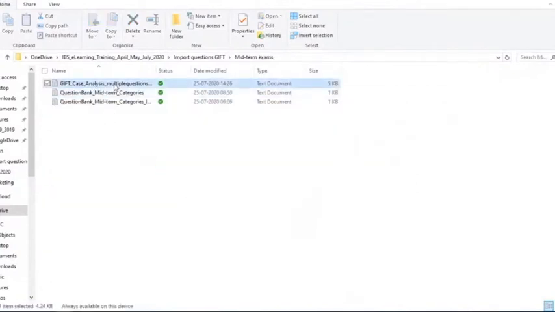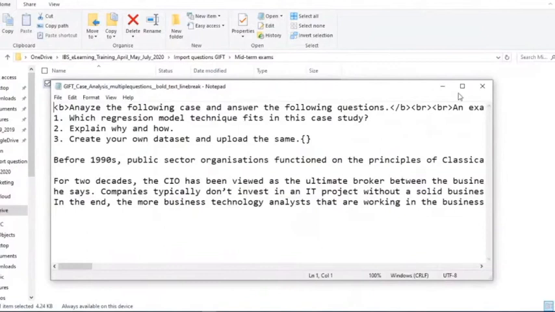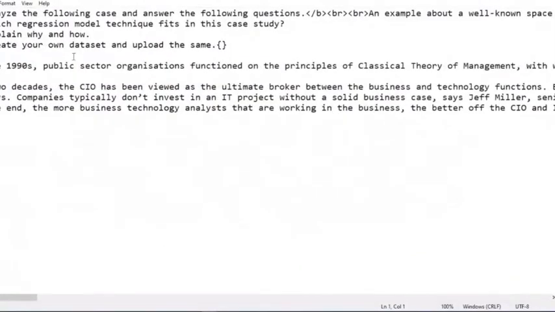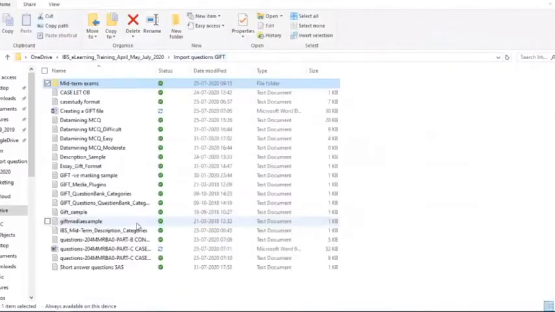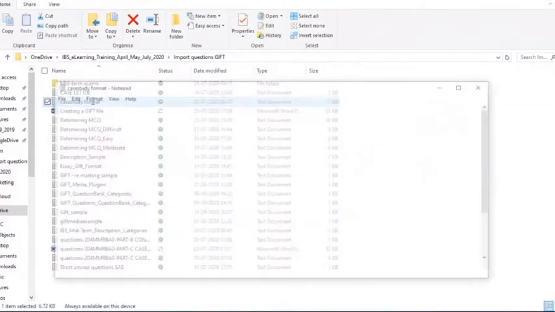I also trained our faculty on how to use all these, but I'm not doing this on this, but I think we have other case analysis. Yeah, case study format.